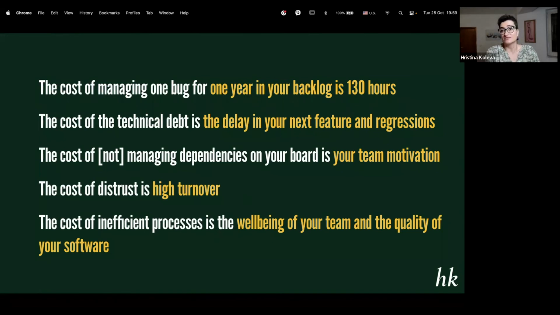And these people usually change companies faster than anyone else because of the distrust. Well, get them at the table when you define the user stories. They're the closest team to your customers, closer than anyone else. They know your customers' problems, your end users' problems.